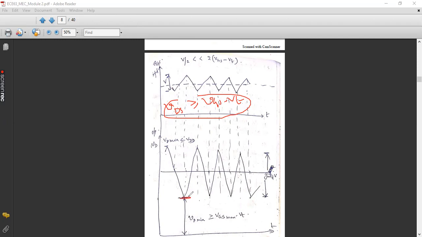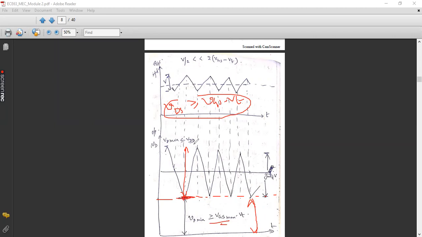By fixing proper biasing resistances, we should be able to get this output like this, so that the output waveform should shift upwards. The magnitude of the output should be greater than or equal to this value. So this can be considered as the boundary level, which is nothing but your VGS minus VT. So we are expecting a proper output at the drain terminal, which is greater than VGS minus VT. Then only that proper amplification will take place without any distortion. So that condition we have incorporated here.